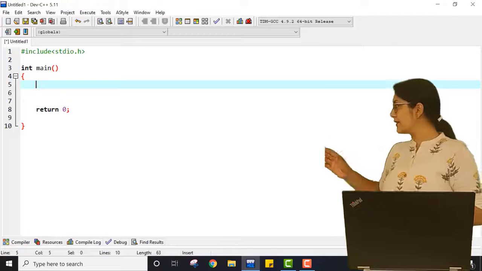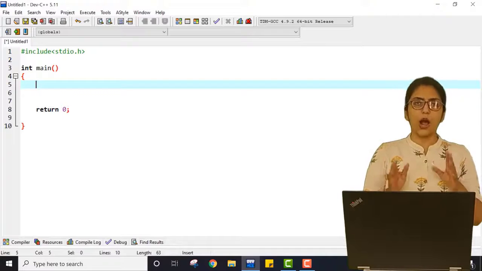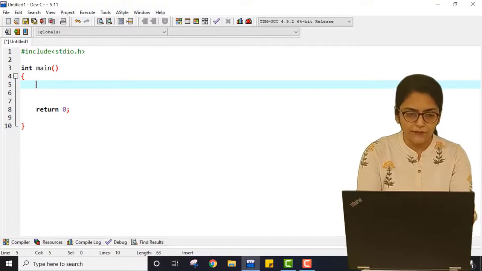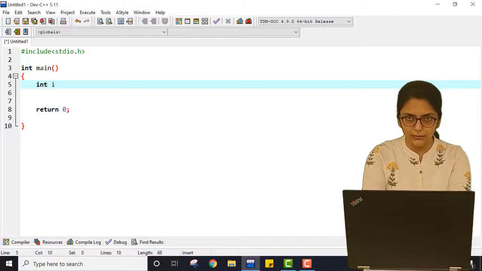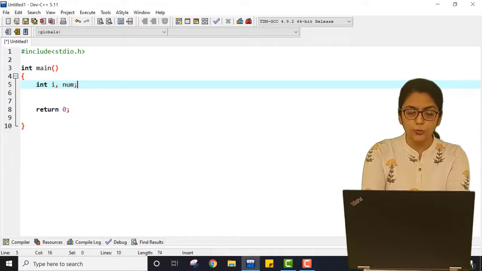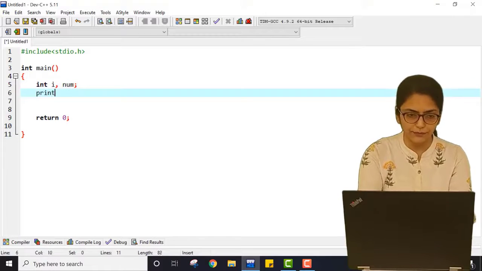Now let me show you. You can just see the code over here. Now let me show you how we can achieve that. For that, first I need to initialize the loop variable, that is i. Then I am initializing one num, which I need to take from the user. Then after I am using printf,